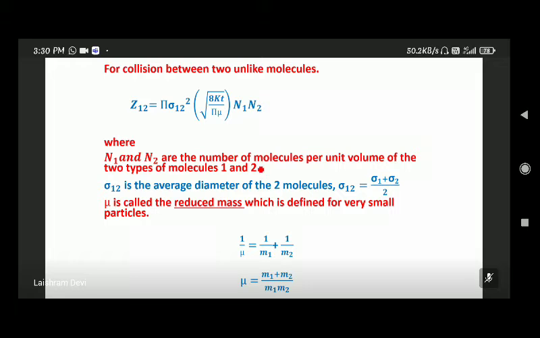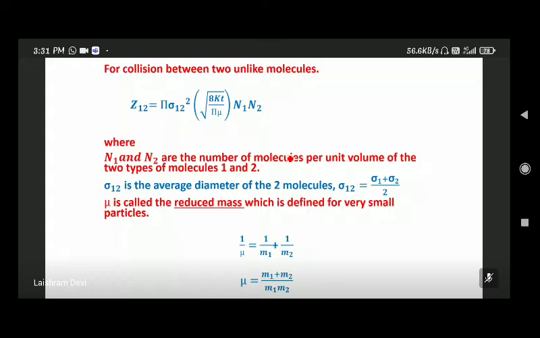n star square, instead of n star square I've replaced it by the product of n1 and n2, ठीक है। Where n1 is the number of molecules per unit volume of molecule 1 and n2 is the number of molecules per unit volume of molecule 2, ठीक है।